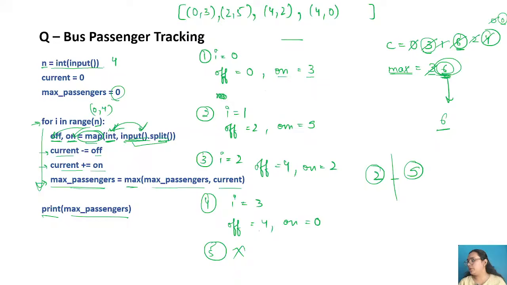Yes, there will be very low chances that you get questions related to linked list. But why can stack and queue be useful for you? Because there could be a question where you will be using stack or queue, right? So understanding how it works and how you can actually implement stack and queue in Python can be helpful for you to know, right? Linked list, yes, there will be very few chances for linked list questions.